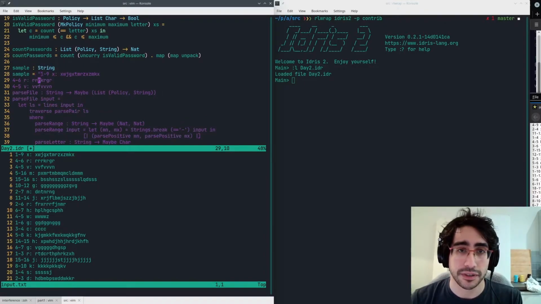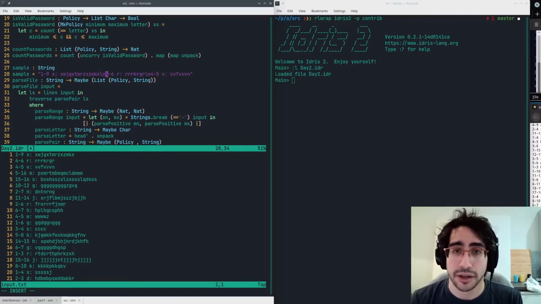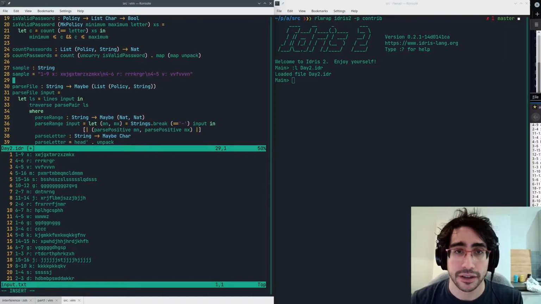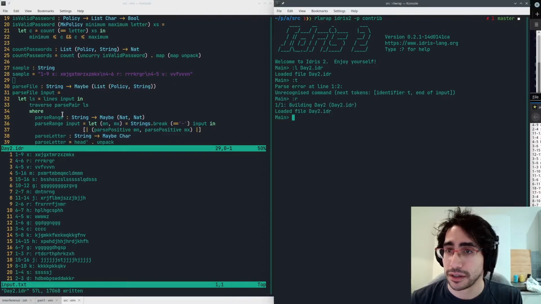Sample is this. And my kingdom for interpolated multi-line strings. So if I do sample, I get this, right. So now if I do parse file sample,